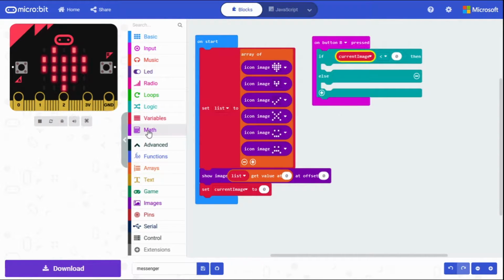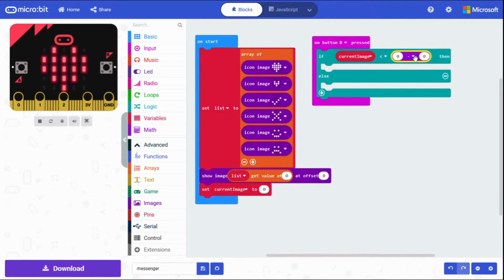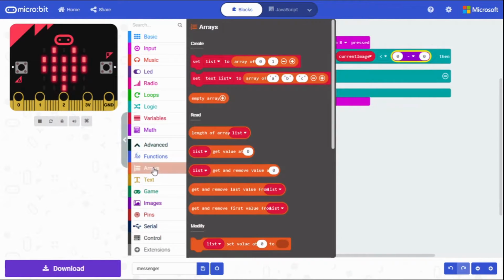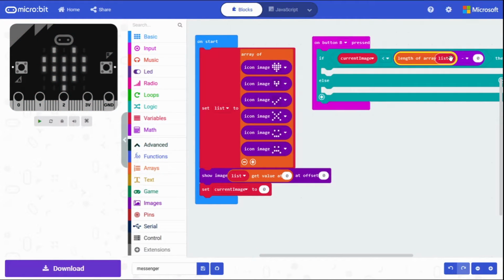So go into the math drawer and grab this 0 minus 0 block and drag that in. And then we want the length of our array, so go into arrays and then grab this length of array, and it's going to be the length of our list array minus 1,